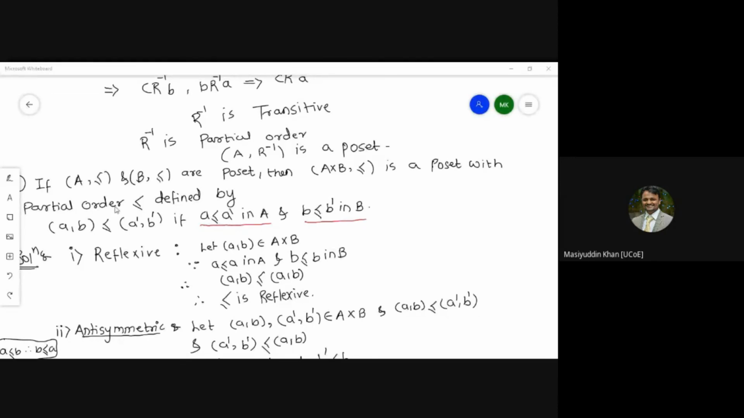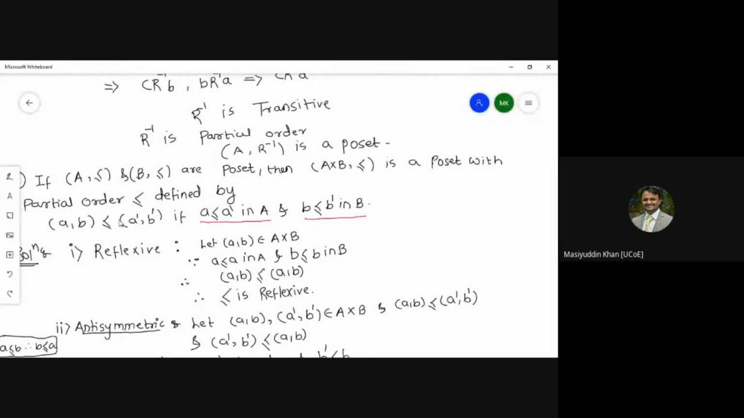So the question is, if (A, ≤) and (B, ≤) are posets, then we have to prove that their product is also a poset with partial order, that is ≤ defined by the condition: given (a, b) ≤ (a', b'). This means